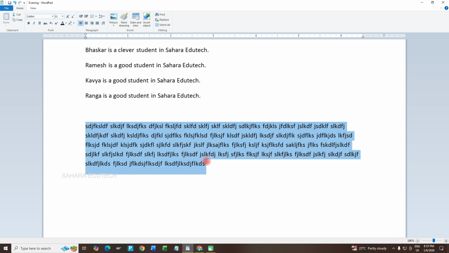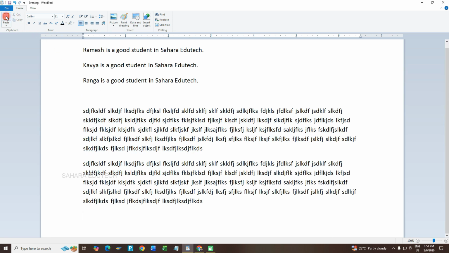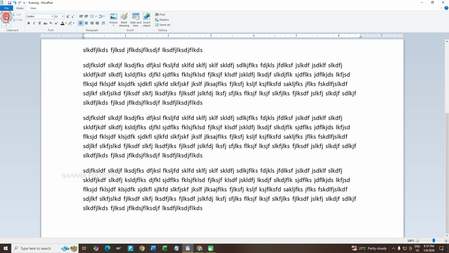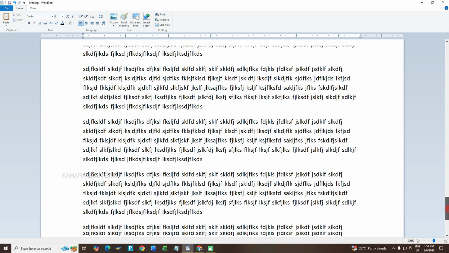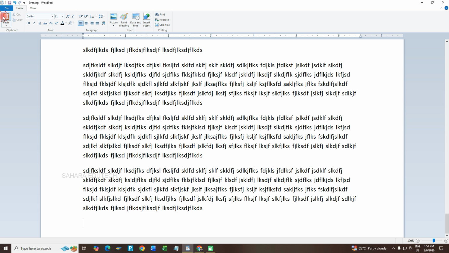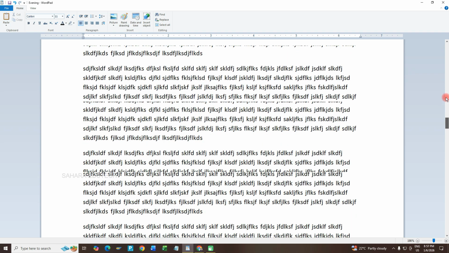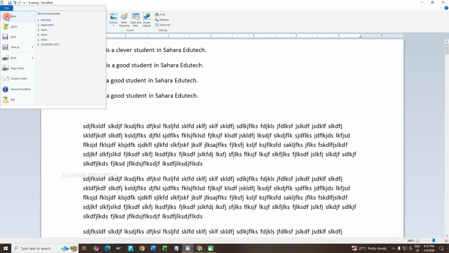See, I am going to select this content with the mouse, click copy, and click on paste. Paste it multiple times. You can observe that when you are pasting, the scroll bar decreases in size. See, now we can scroll up. We have pasted this much content. Again, if you want more, you can paste more. Okay, just scroll up. Now we can go to print preview,